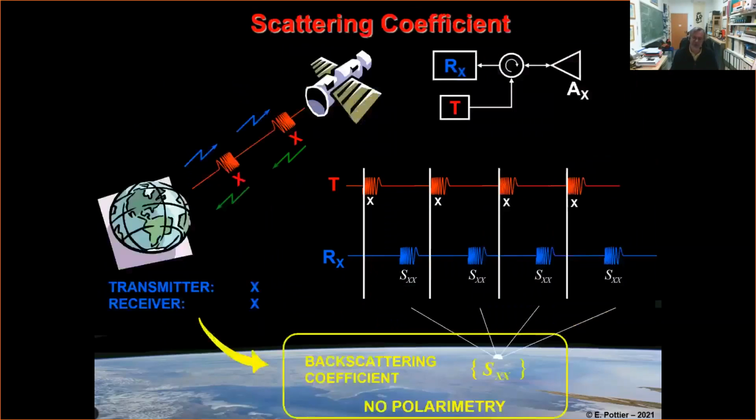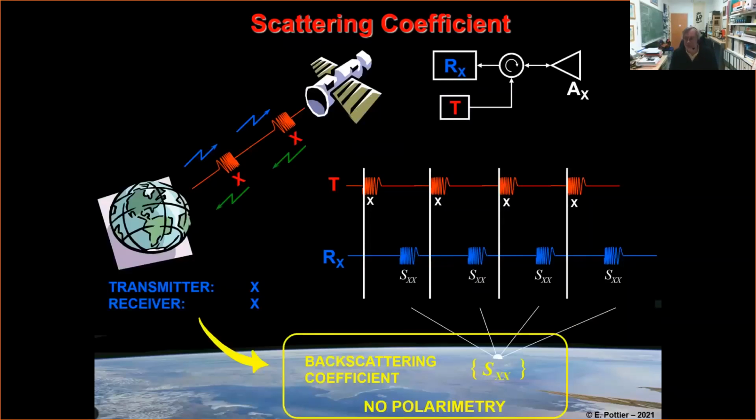What does it mean? It means that the architecture is the following. You have just one transmitter and one receiver with one antenna. You have seen yesterday during the presentation about the radar, the basics on SAR processing, that you transmit what we call chirps, this kind of radar signal, and we are going to receive using an antenna and using a receiver. But you can see that the antenna will be able to catch the information along one direction, which corresponds to the polarization of the antenna.